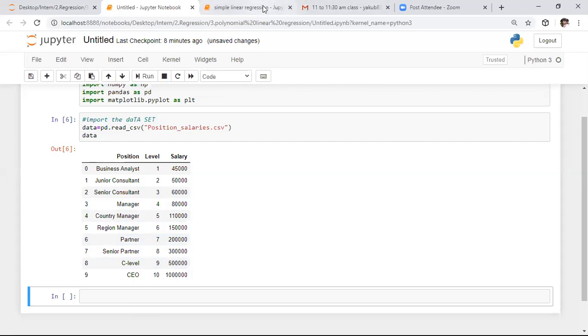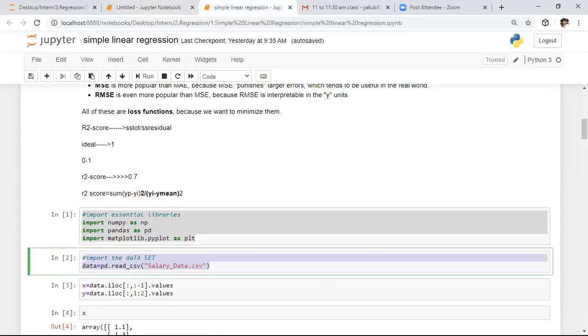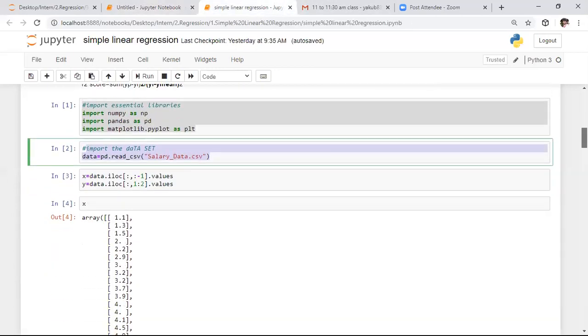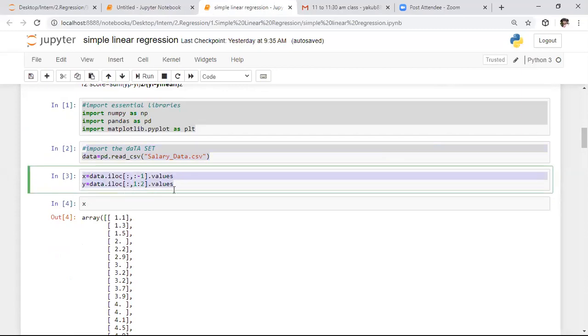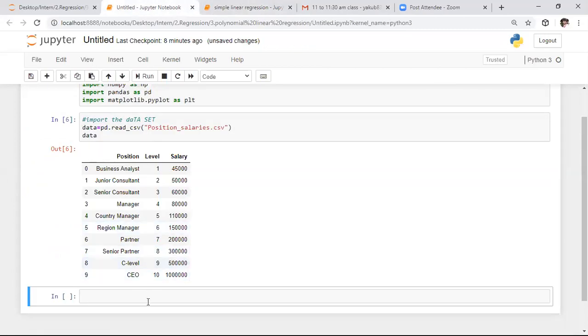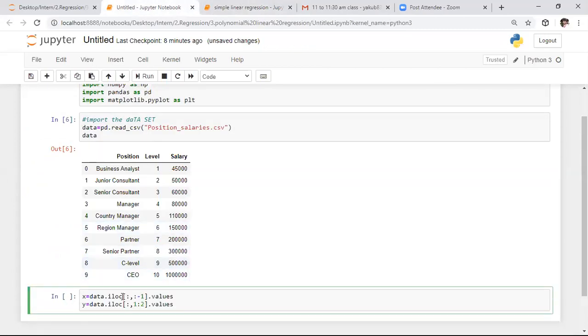So how do we apply the linear regression model? I am copying the same thing from this only. Here we would divide this data set into train test split, which is the essential step. After importing that CSV file, we need to specify input as well as output. In the earlier example, except the last column, everything was considered as input.